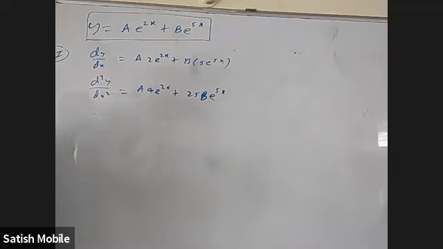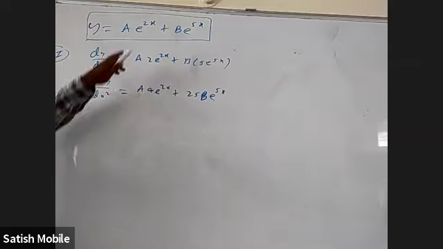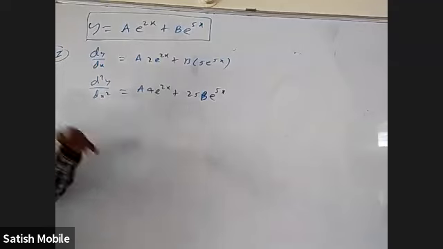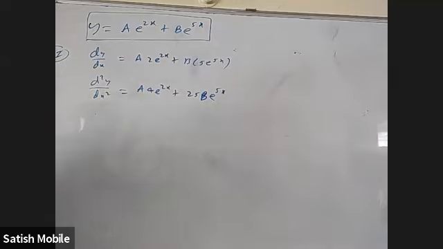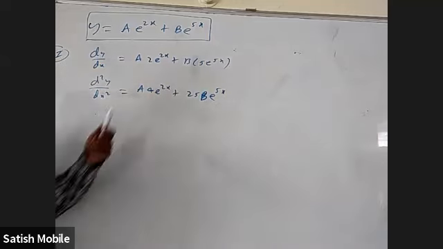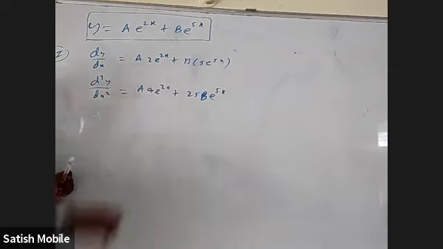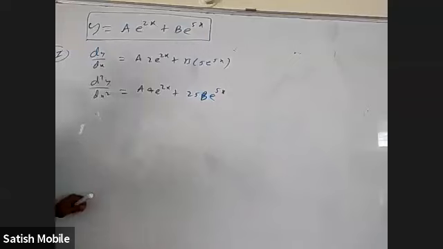Okay. Anyone want to give an idea how to eliminate a and b from these three equations? So we can take a e power 2x is equal to y minus b e power 5x. Then usually substitute, sir. Okay, you want to write a e power 2x as y minus b e power 5x here and here. Okay, then a will be gone, b will be there, right? Yes, sir. Okay. Then from these two you can eliminate b. That's nice. Okay. At least one constant you can directly eliminate and do something about it.